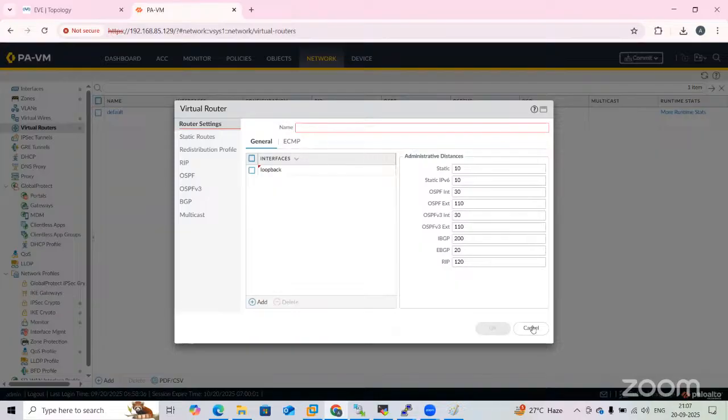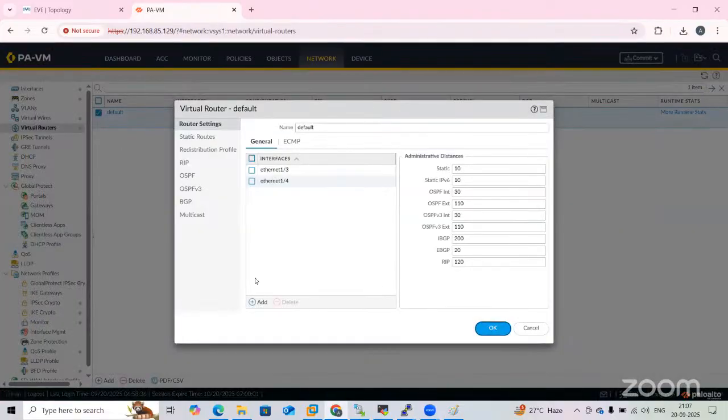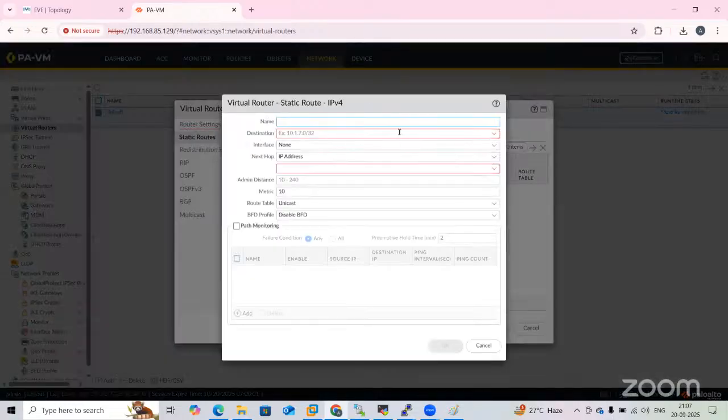Like this, we can configure. Otherwise, you can use default. Click default. Use add here. Already added, and use sub routers. Static routers. Can assign the IP address